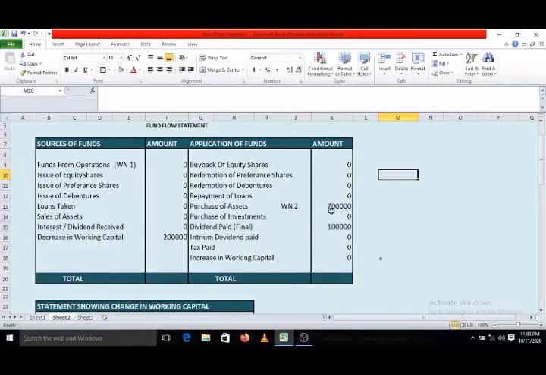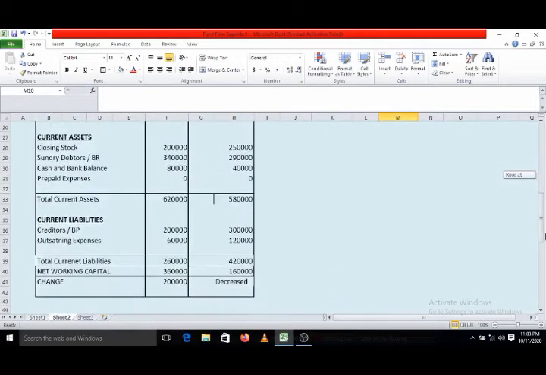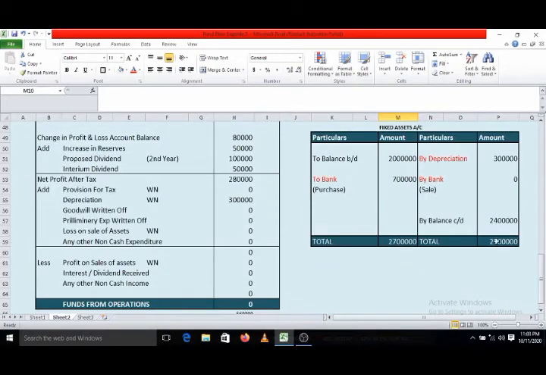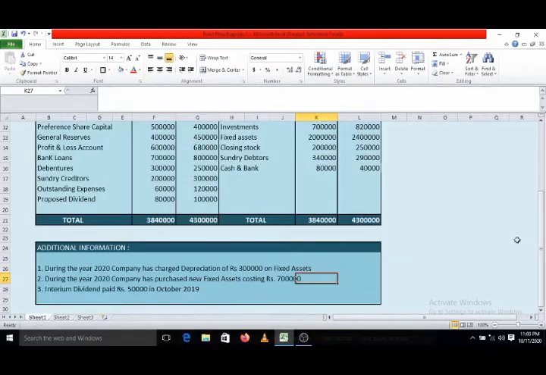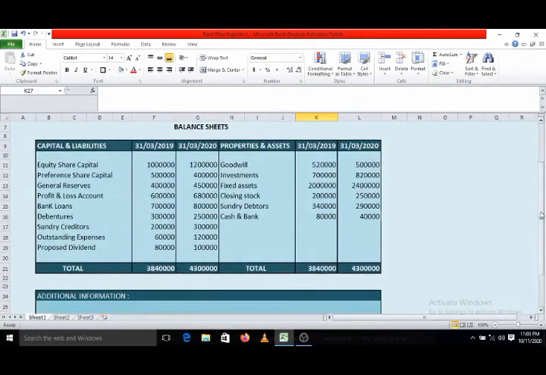How have these 7 lakhs arrived? Immediately one can check this working note number 2. Okay, so this is over. Again we will come to our main working note of funds from operations. The next item is goodwill written off. Again go to the balance sheet, check on the asset side whether there is an item called goodwill. Yes, it is there. So here goodwill, first year 5,20,000, second year 5 lakhs.